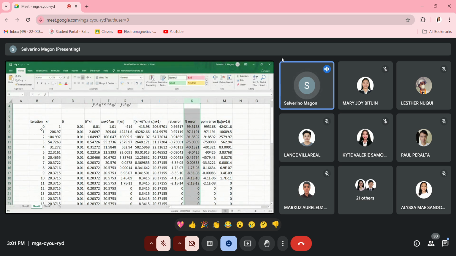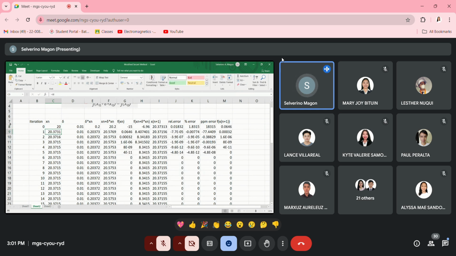But if there's anything that can significantly reduce the amount of calculation, it is if we have an initial guess that is close enough or closer to the actual solution, then we can guarantee that a shorter amount of calculation time is required, compared to when we have an initial guess which is further away from the actual solution that we are solving for. Okay, so I hope that contributed